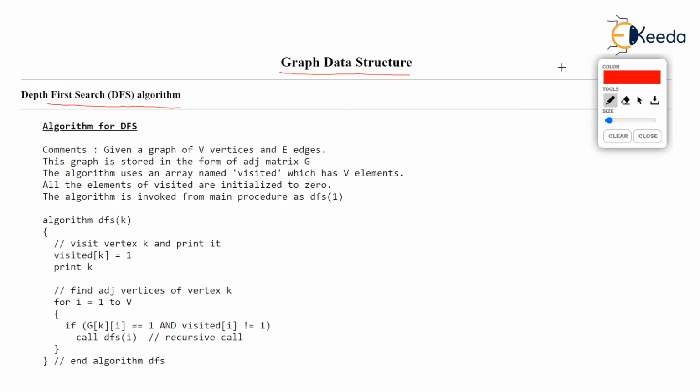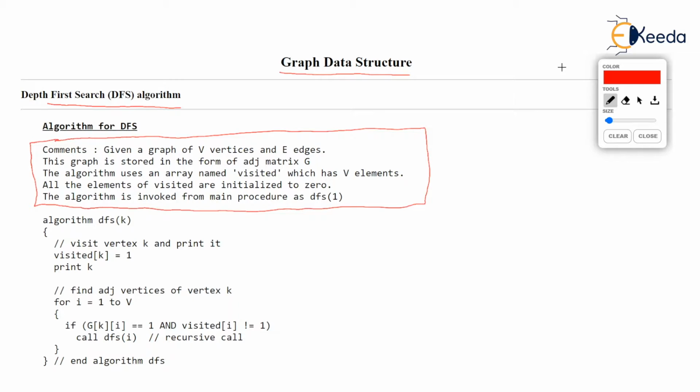Now, before we actually see the algorithm, it is always a good practice for any algorithm writer to write descriptive comments about the algorithm. It is so important that before you write the algorithm, you describe what the algorithm is going to do, what is given to us, and what extra variables and data structures we are going to use within the algorithm. Are we going to use a stack or queue? All this description is always necessary to be given in the comment section.